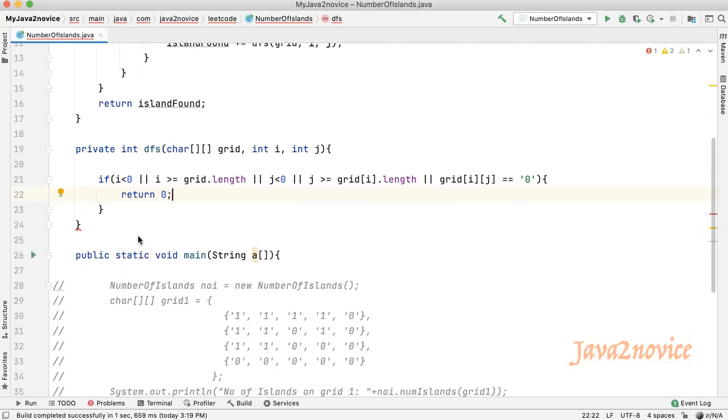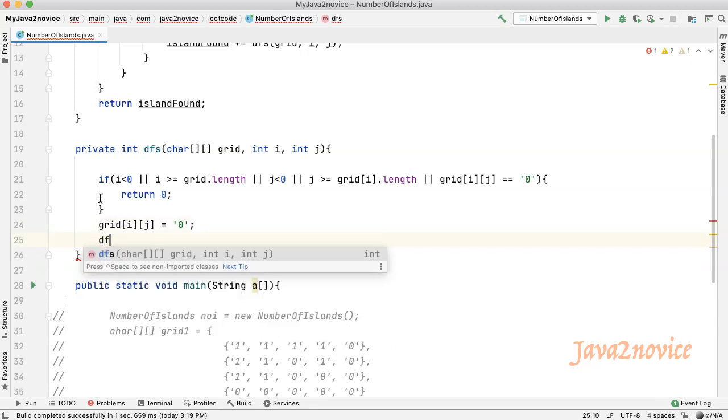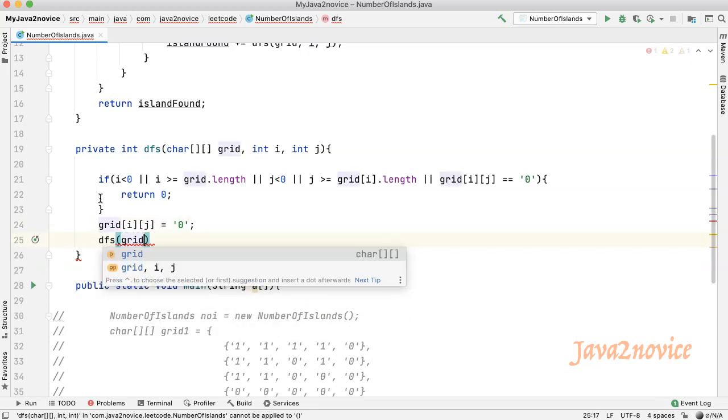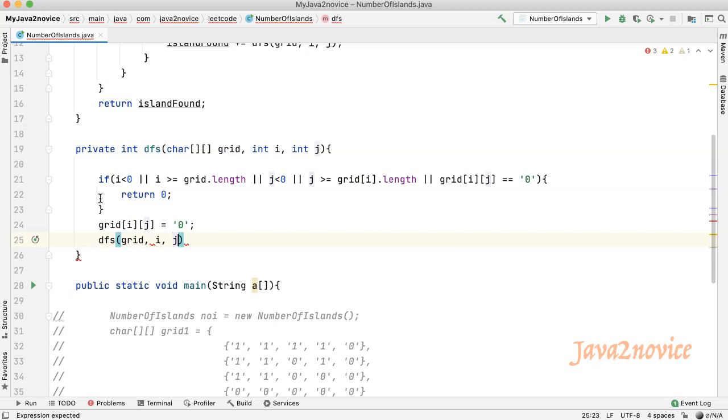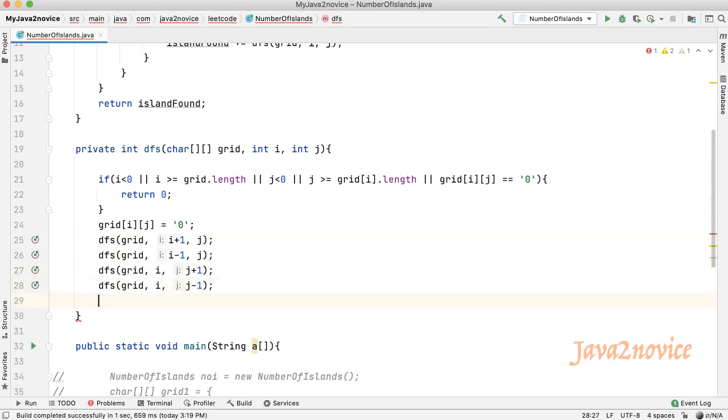Now mark the cell value as 0 so that this cell will not be processed again. Now make recursive calls to all its 4 neighbors. Finally, return 1.